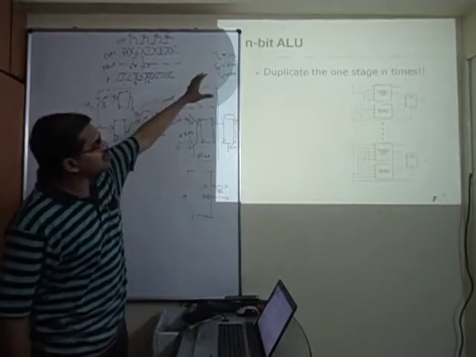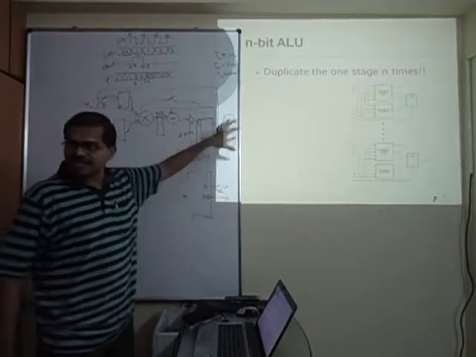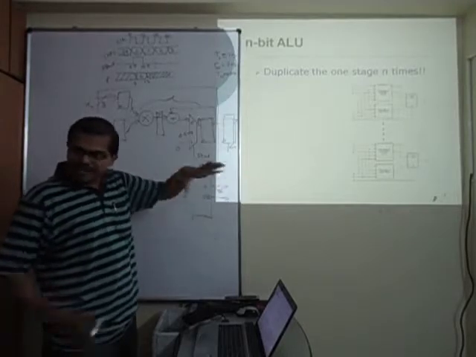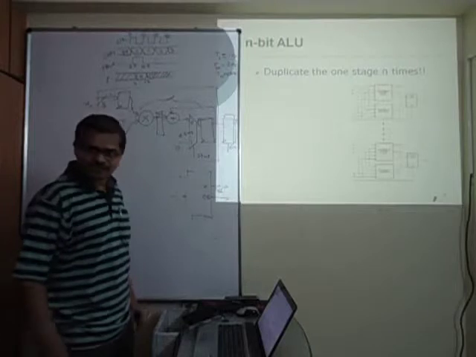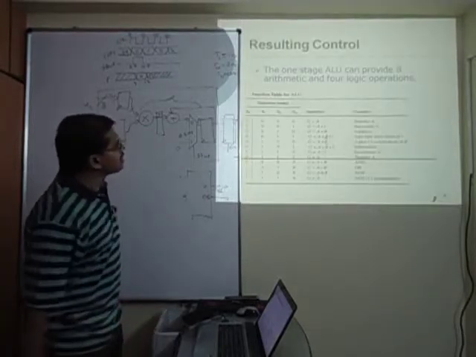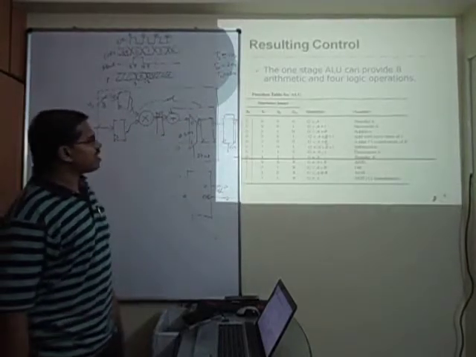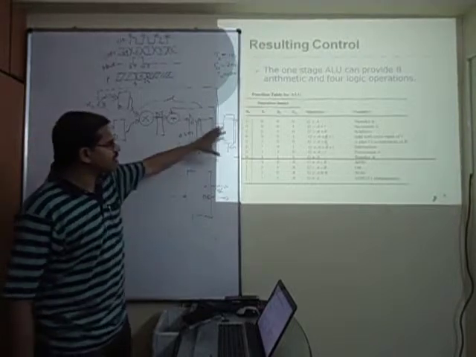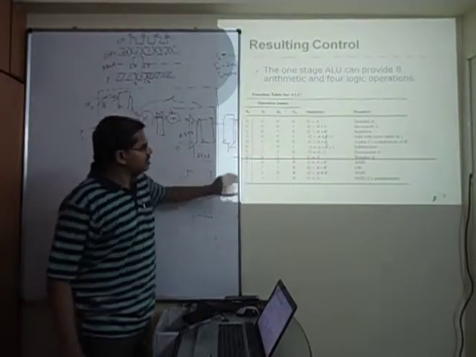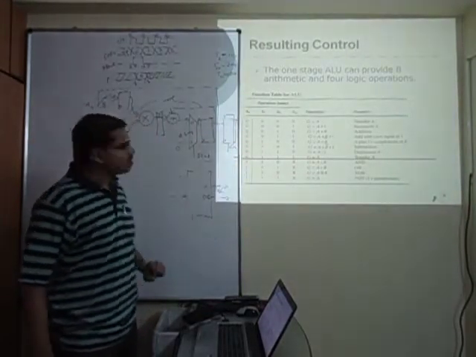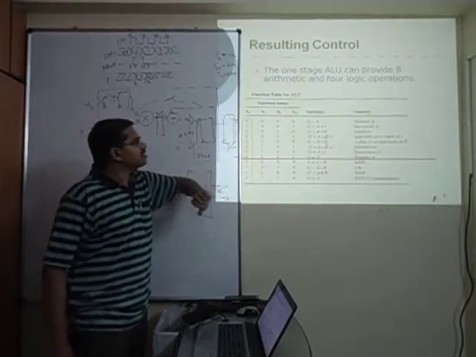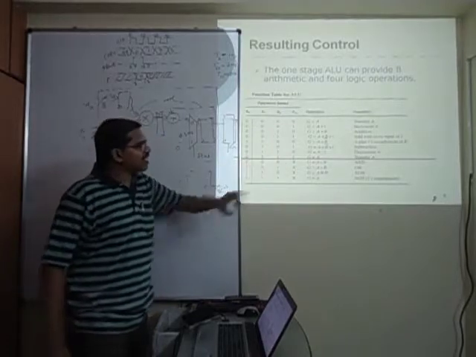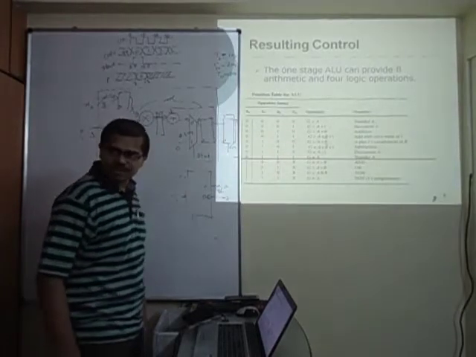Now when it comes to making n such blocks, that is for 1 bit, when you want to make an n bit ALU, you need to just put that kind of unit multiple times. This could be a simple example of an ALU that one might try implementing. So these are all the arithmetic operations and these are all the logical operations. Given the arithmetic operation value is 0 and these control lines, depending upon the carry values, you can define a function and do it.